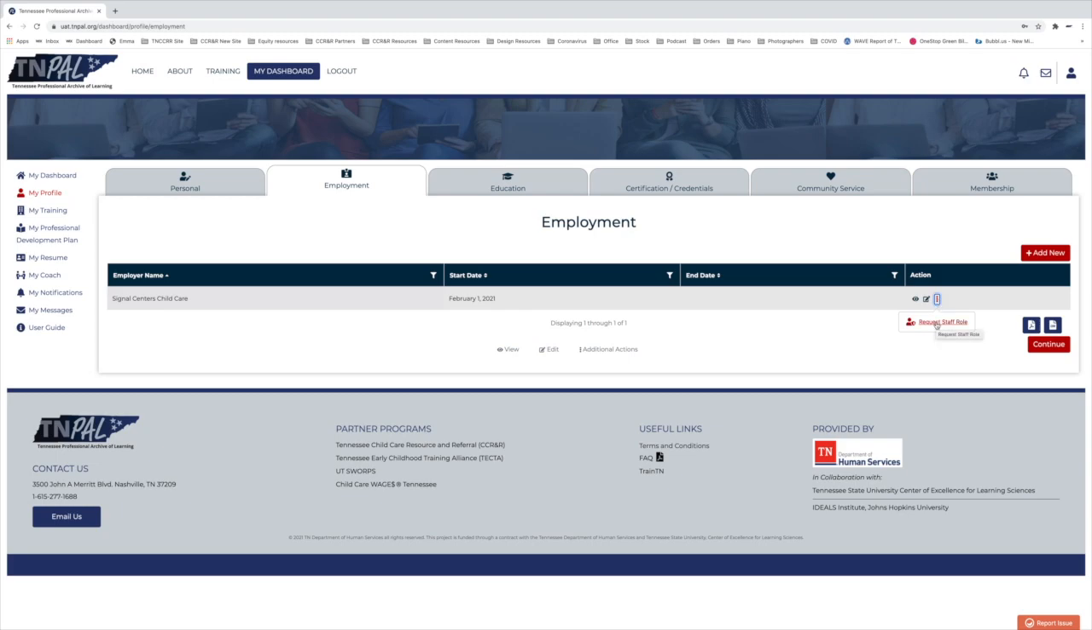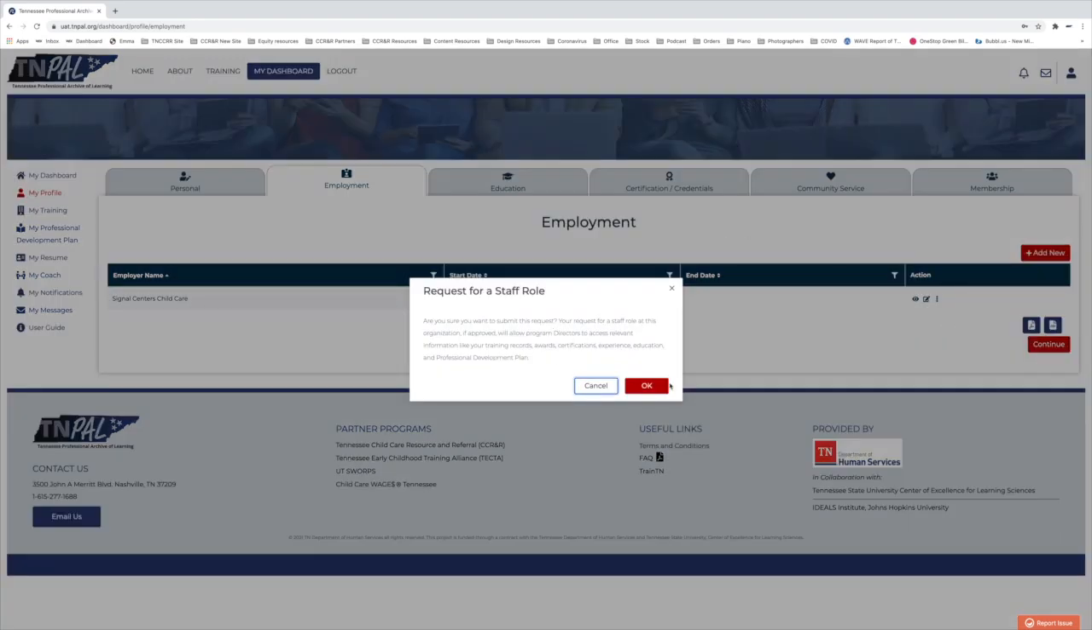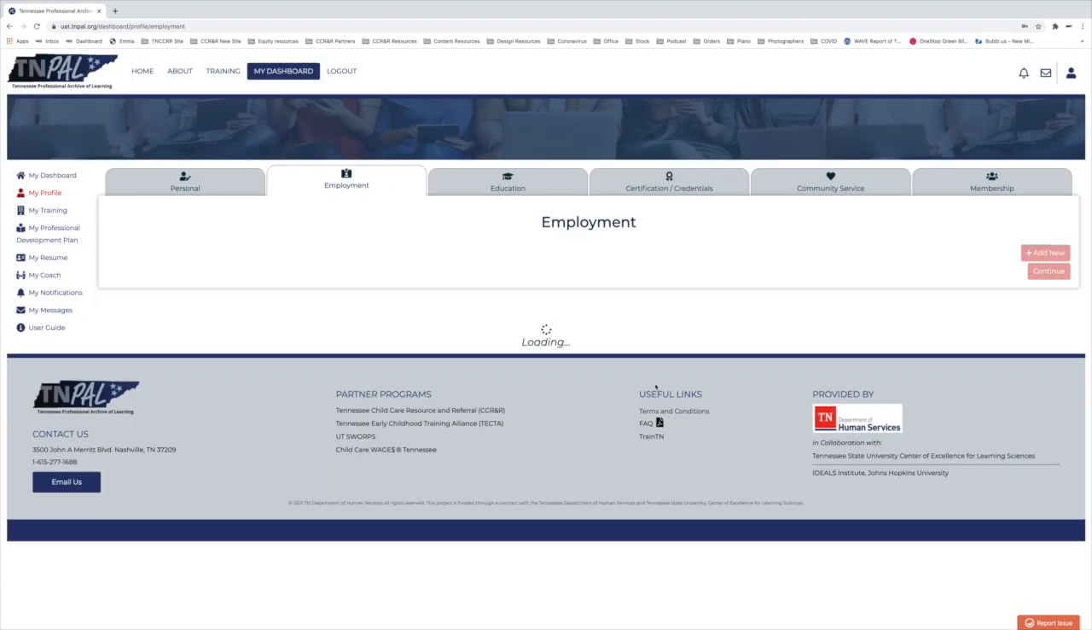Now it's important that you request this so that you can talk to your director, and you'll be able to communicate just within your organization. So it's important that you do this. So click on request staff role. You're going to say okay on this,